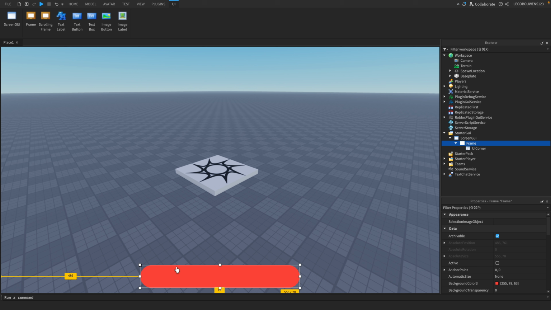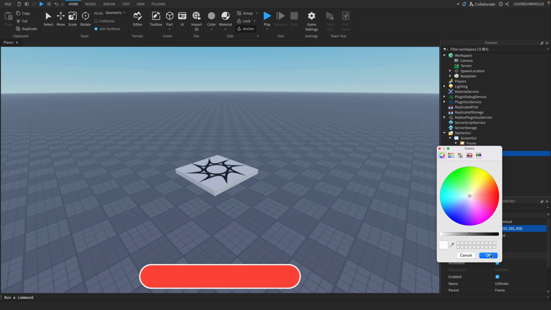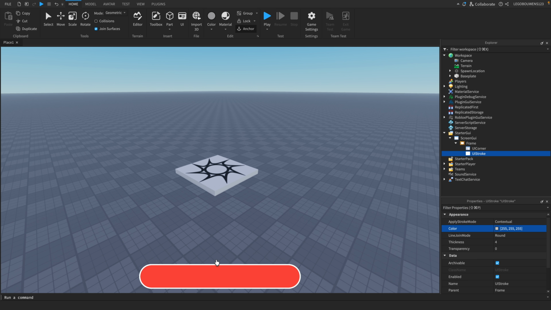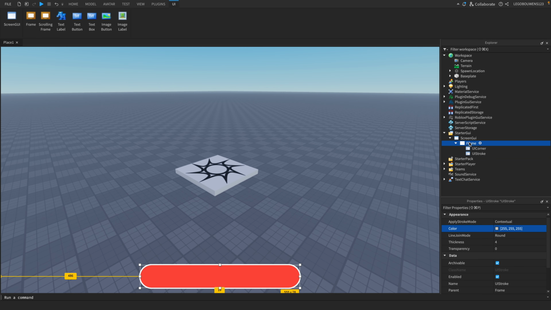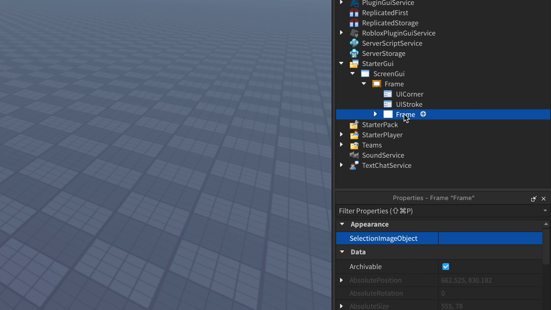Now we can also give it a nice outline by inserting a UIStroke. We're going to change the thickness to 4 so you can actually see it and the color to white. Now we want to design the green part inside of the health bar. For this we're going to duplicate this frame and move it inside of the frame that we just duplicated, like